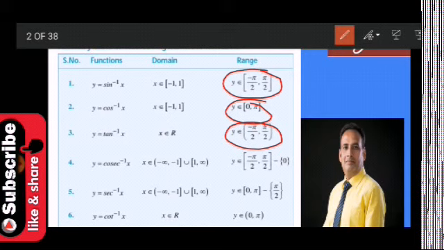So the domain of cosec inverse x and sec inverse x is x belongs to -∞ to -1 union 1 to infinity. Its corresponding principal value, y belongs to the closed interval -π/2 to +π/2 excluding 0, is the range of cosec inverse x, and the range of sec inverse x is 0 to π excluding π/2. Whereas the domain of cot inverse x is all real numbers, and the range of cot inverse x is the open interval 0 to π, as we have discussed earlier.